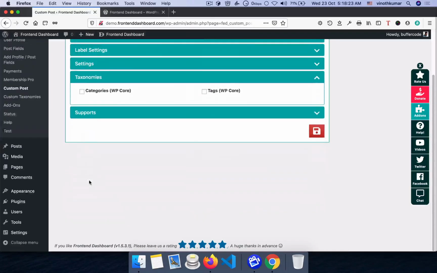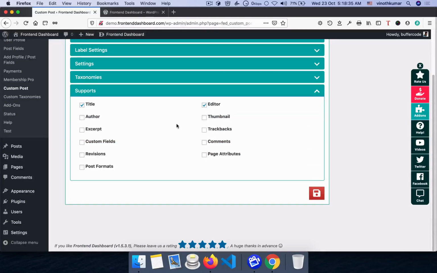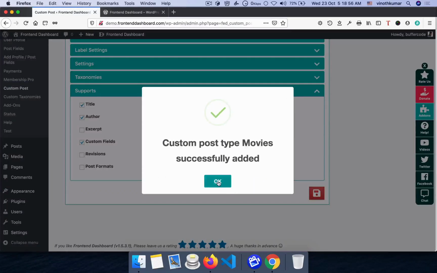And for taxonomies, right now 2 taxonomies are there. So if you want these 2 taxonomies to be added for this custom post, you can select these 2 taxonomies, which are WordPress core, and what are the attributes you wish to support for this one: editor, author, excerpts, custom fields. So you can select all if you wish. Post format, yeah, and then comments, and then select. Once you save,